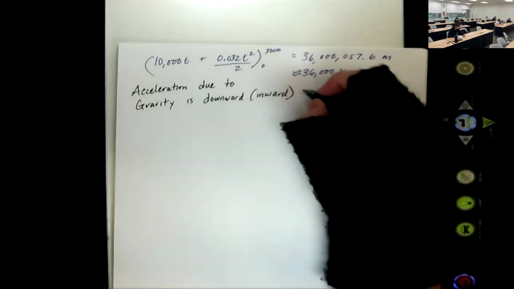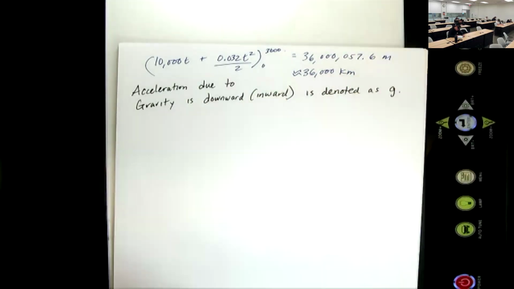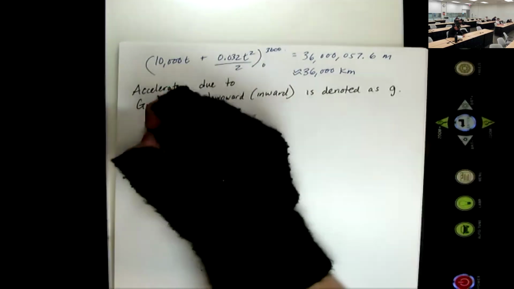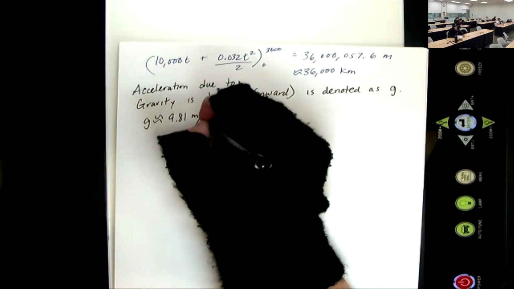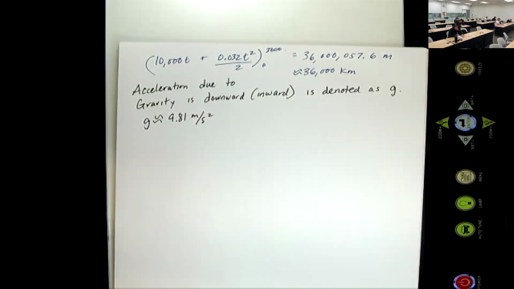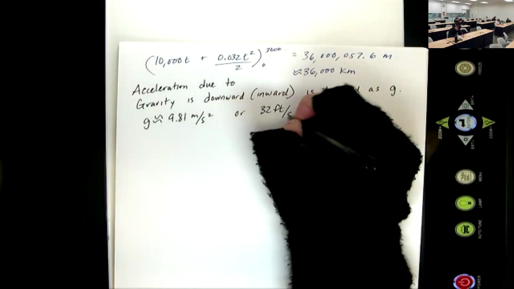It's denoted g, for gravity. g is approximately 9.81 meters per second squared in the metric system. Or 32 feet per second squared